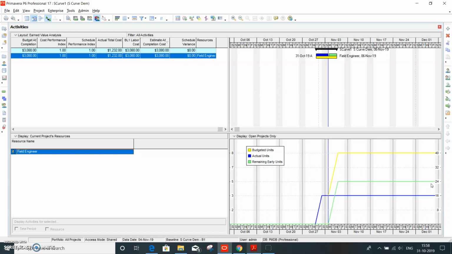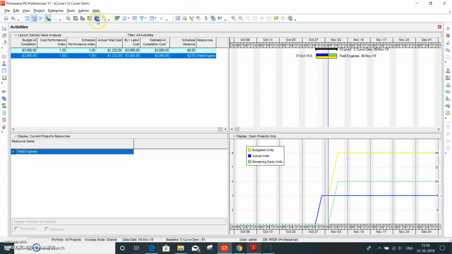So through a visual representation itself, you will know how the project progress is happening, whether it is on track or whether it is consuming above what is actually budgeted. So that is where the S curve would be useful. Again, this we had taken just for demonstration purposes. We have taken a single activity, but in a project it is not going to be like that. It may have multiple activities, but in any case you can always use the S curve for that.